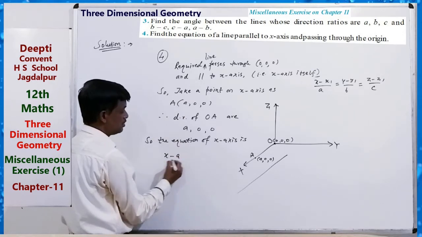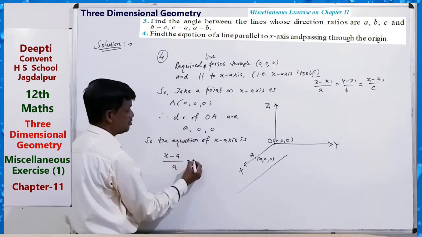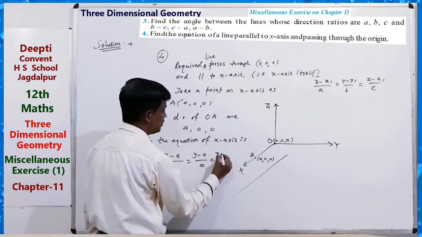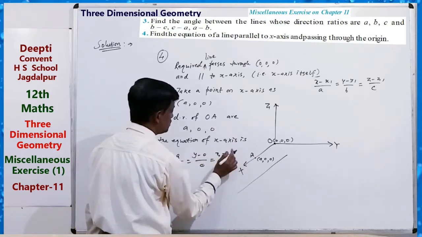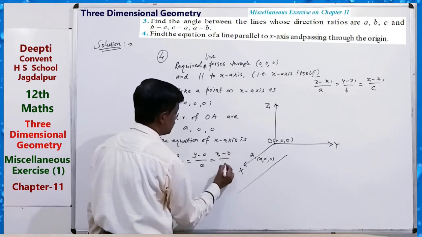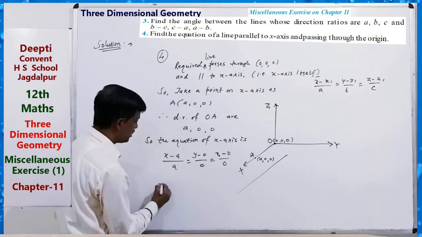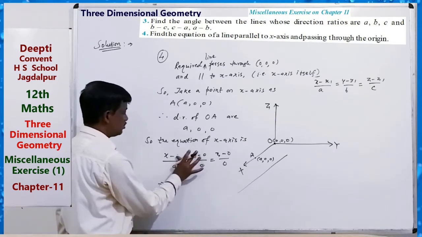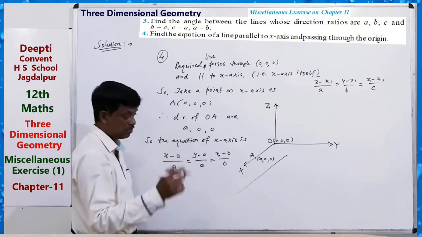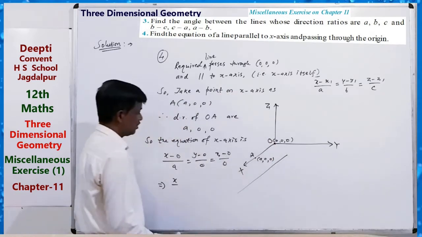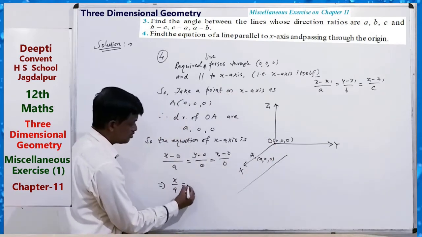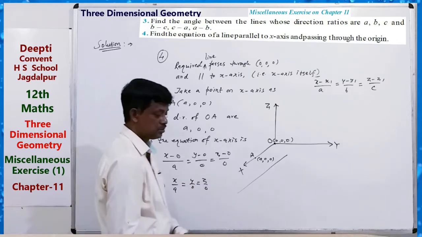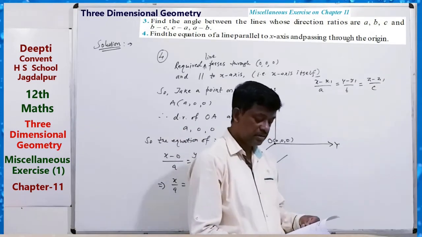This gives x minus 0 upon a equals y minus 0 upon 0 equals z minus 0 upon 0. Passing through the origin, so x by a equals y by 0 equals z by 0. So our required line is given by,